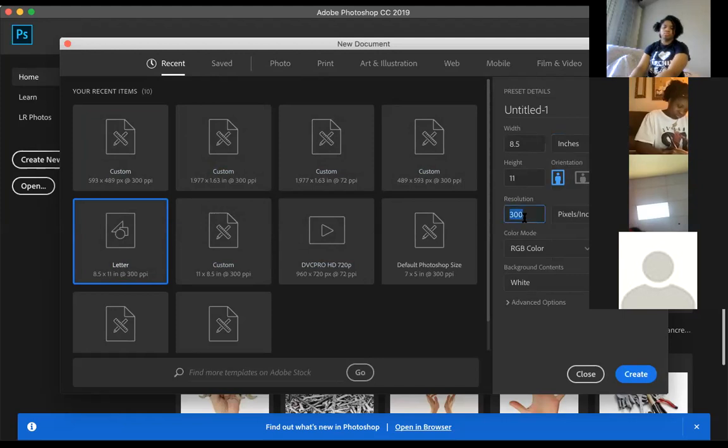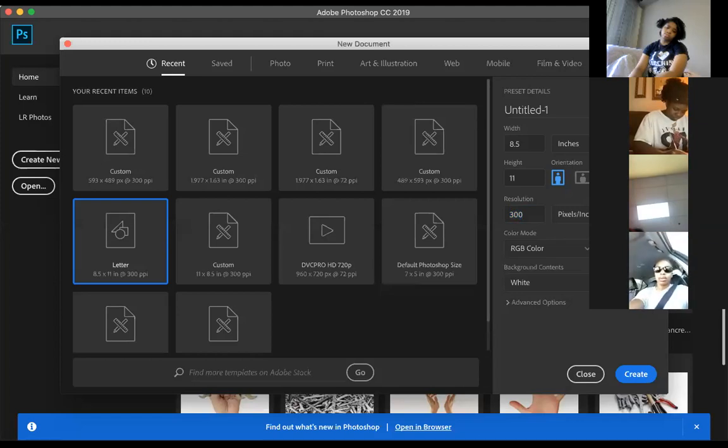300 is for print. If you're going to print off a bunch of them, it'd be 300. But anything you do for the web is 72. That's in pixels, and pixels are a lot of little dots that go together. The color mode is RGB, which is red, green, blue.